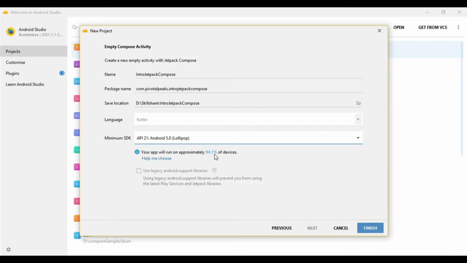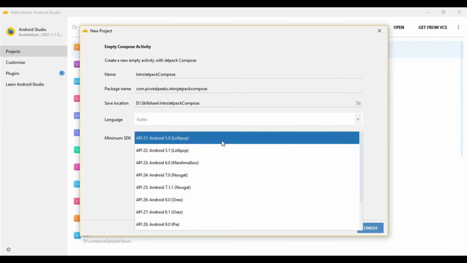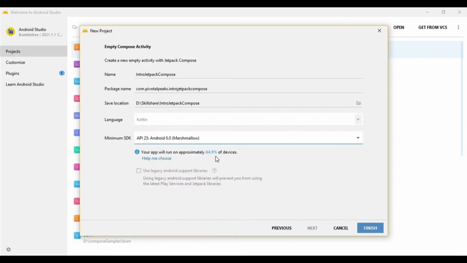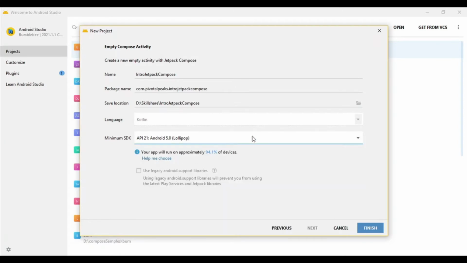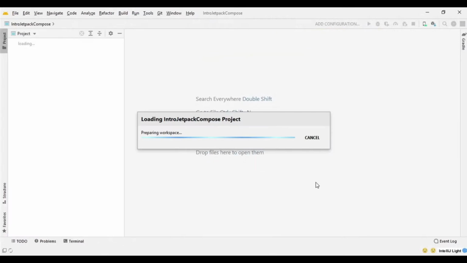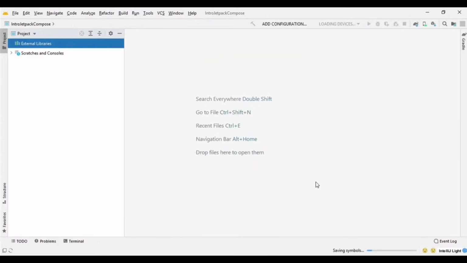It says it will run on 94% of devices. As you go up, the devices will go down because many people do not have the latest version of Android. So I will select this API 21, and we need to click the finish button, and I will let it build the project itself.